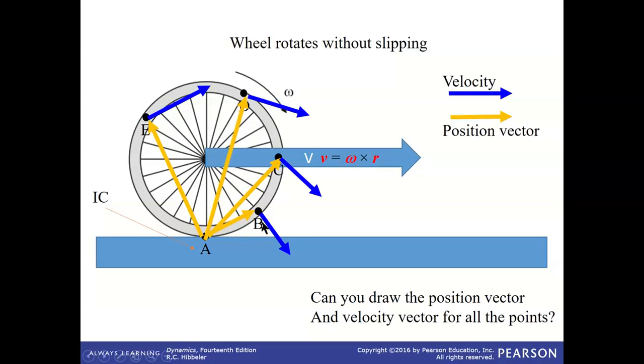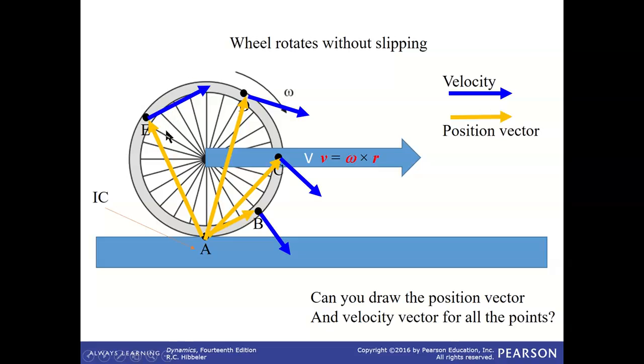And these are the answers. So velocity. The position vector for point C is this yellow line, which is from the center of rotation, the instantaneous center, to point C. And this blue arrow is the velocity, which is perpendicular to the position vector from the instantaneous center. For point D, this yellow line is the position vector, and this is the velocity vector. For point E, this yellow line is the position vector, and this blue line, which is perpendicular to the position vector, is